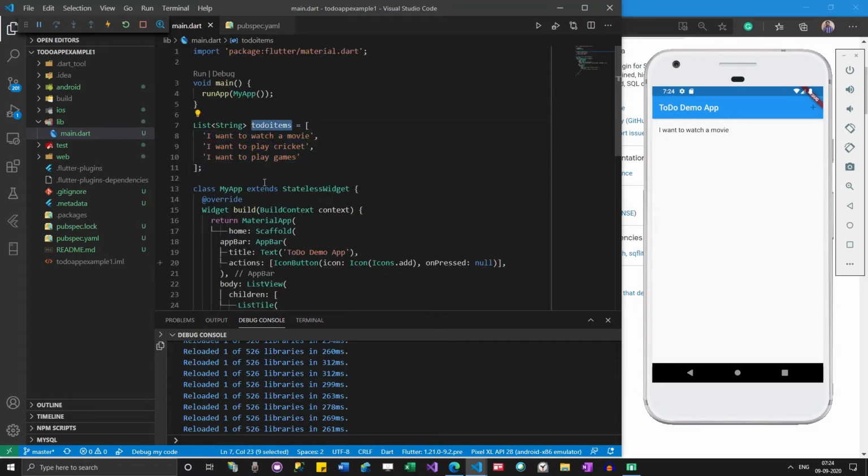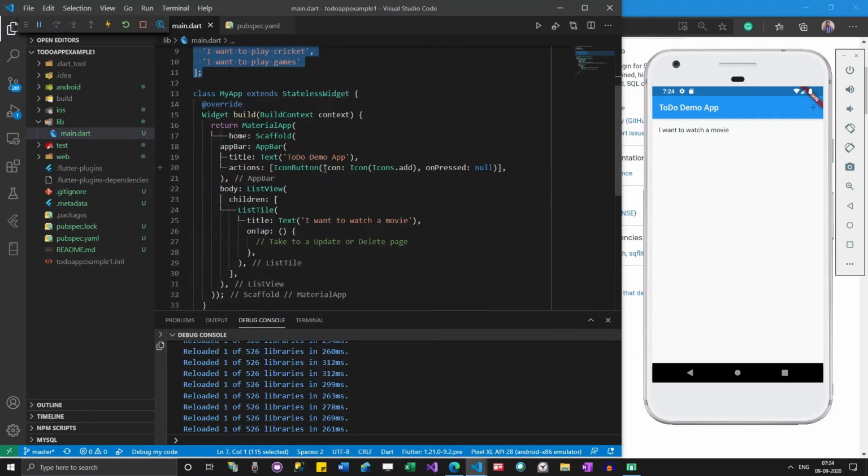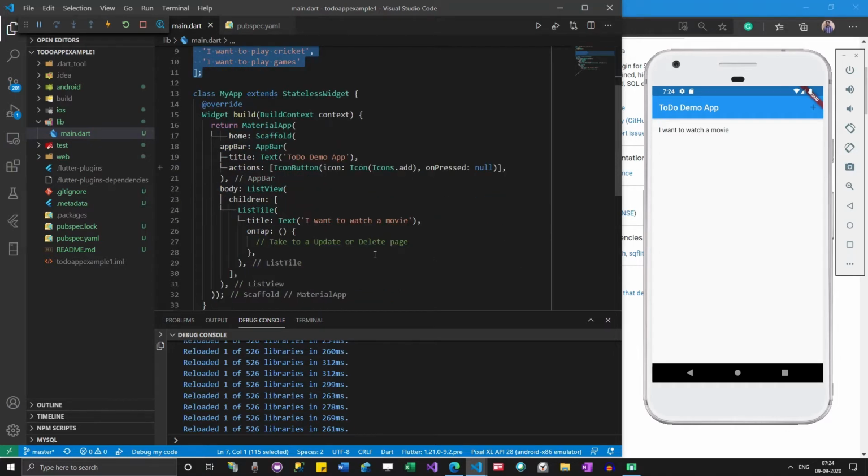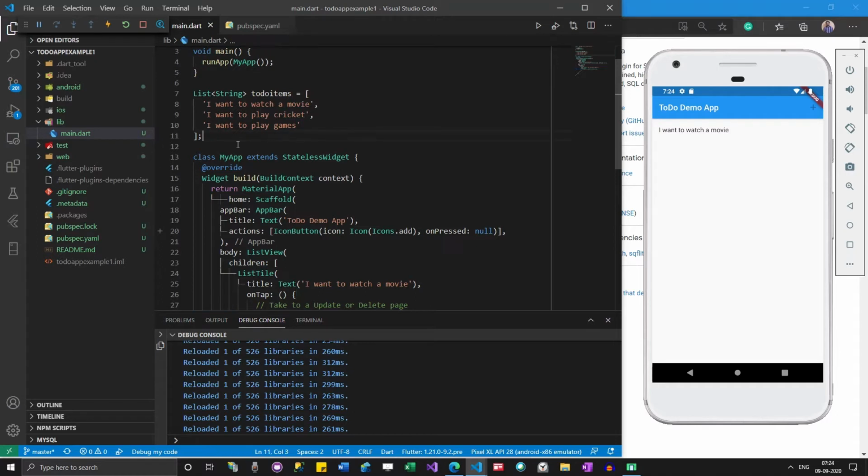The reason why I'm using a list of items is that I want to have a proper template which will loop through some list of items and then give the output. Once I have proper code which actually loops, and I introduce the database concept, all I need to do is remove this stuff and replace it with the database stuff.